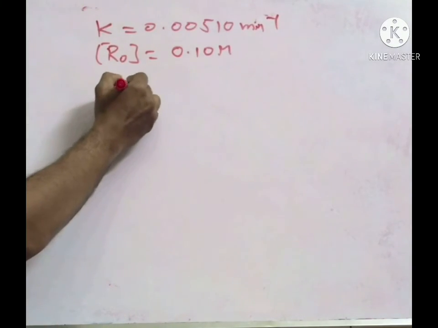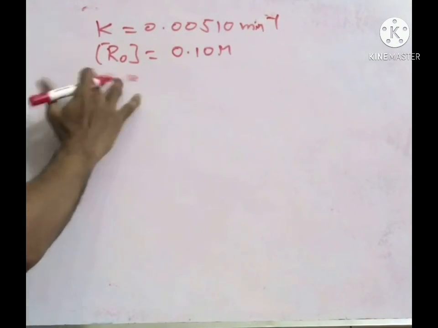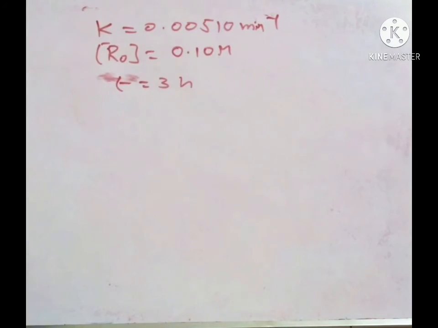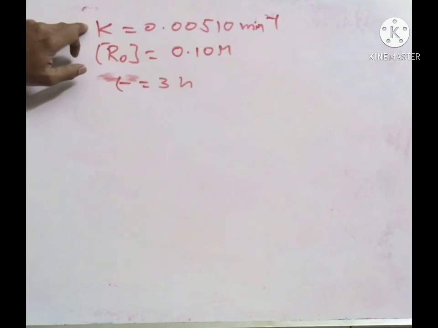So t now will be 3 hours. t equal to 3 hours. So if it becomes 3 hours, what will be the reactant level? Now you need to find out the final concentration of this particular one. If you can find out the final concentration, we can write. You see the given things, first you have written K value was given in minute inverse. You can also convert into second, otherwise you can give into just minutes.